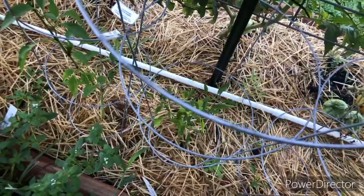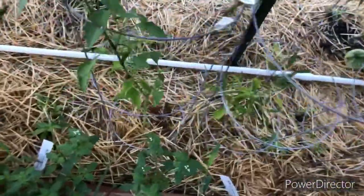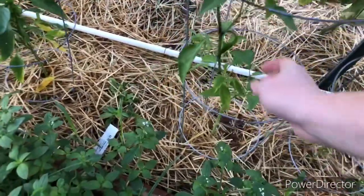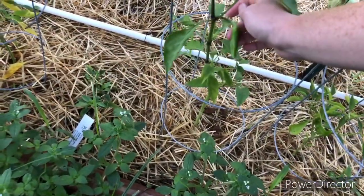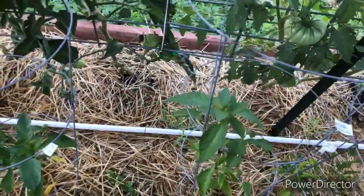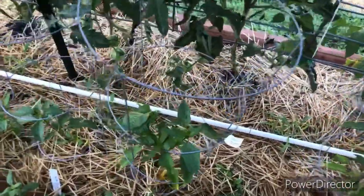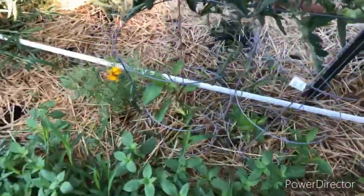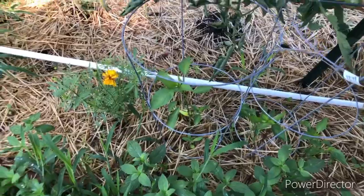There's my jimmies. They've got a couple on them. Look, there's a pepper growing there. I think I've come to the conclusion that's my shishito pepper. My banana peppers. There's a banana pepper down there. All right, we'll go around and look at the...